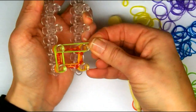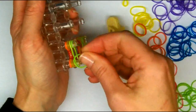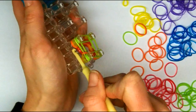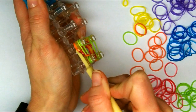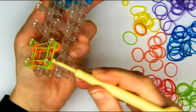green. Starting with the bottom left, working clockwise, and making sure not to overlap my elastics on each other. And then taking only one from the bottom here, and then both of these orange ones, the bottom one first, if I can get it, and then the next one, continuing clockwise,